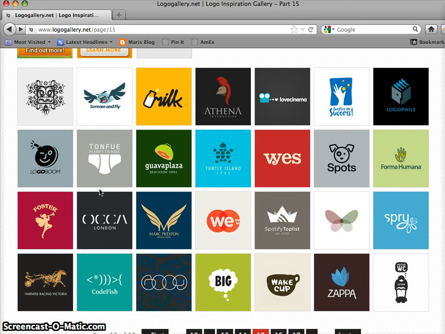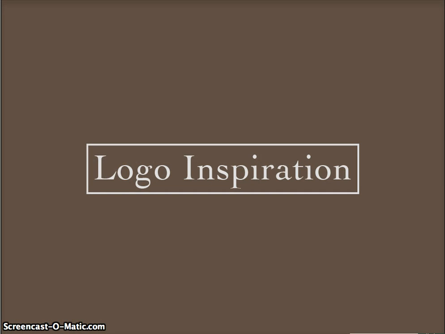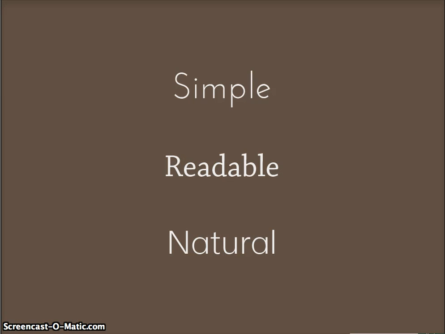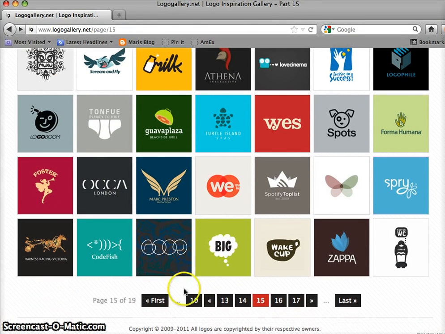And I'm going to go through some of the important steps actually before we do that. I'll go ahead and introduce the principles that go into logos. First, logos need to be simple, they need to be readable, as well as natural. And so as we look through some of the logos that we find on the website, I'll show some of the good and the bad examples of these principles. So first off,